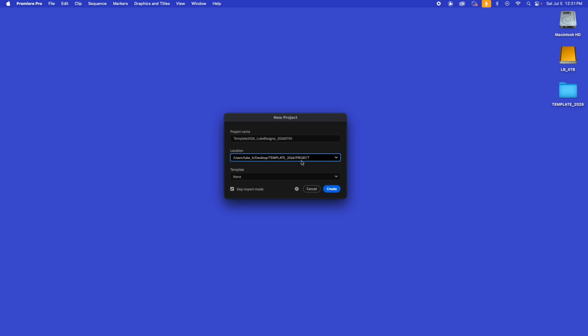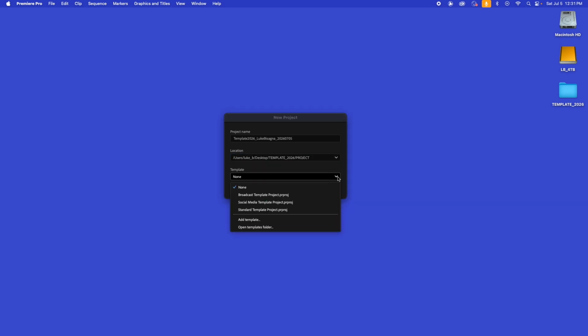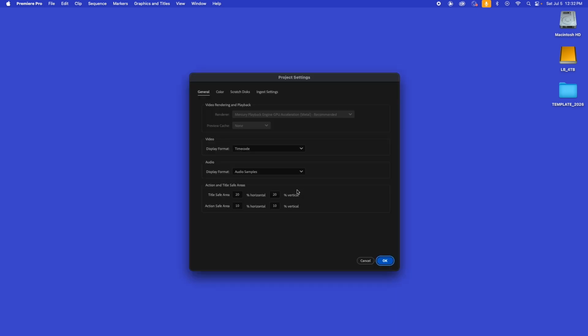There are also built-in template project structures that you can utilize here. We're not going to use those because we're going to create our own. And then it's very important that you check this skip import mode button here so that you don't have to deal with the import window, which in our case is really not necessary. Then we're going to head over to this settings gear here, click on that, and that launches our project settings